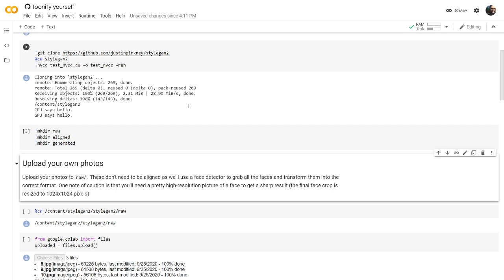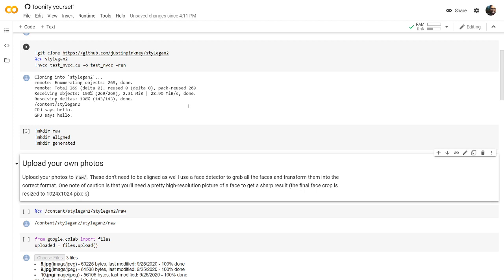They use a face detector to grab all the faces from the given image and transform them into a correct format. All these corrected formats will be stored in the aligned folder, and finally all the results will be stored in the generated folder.